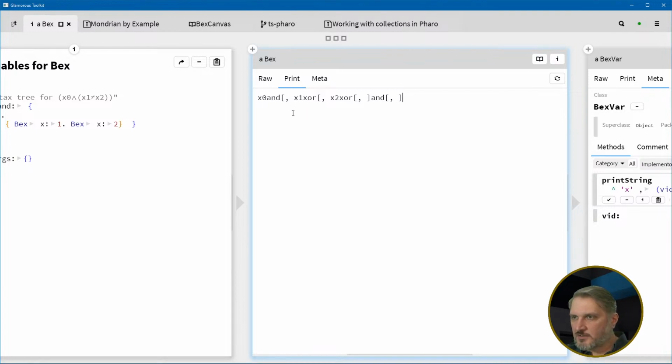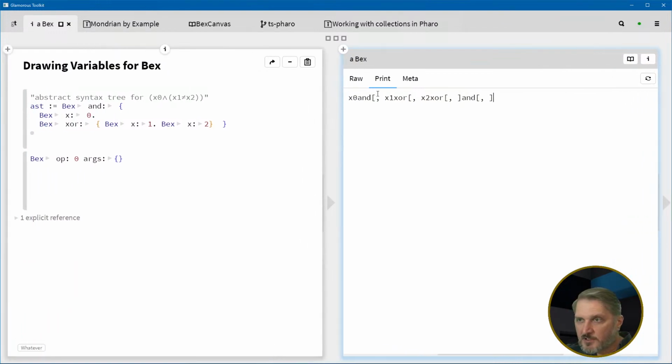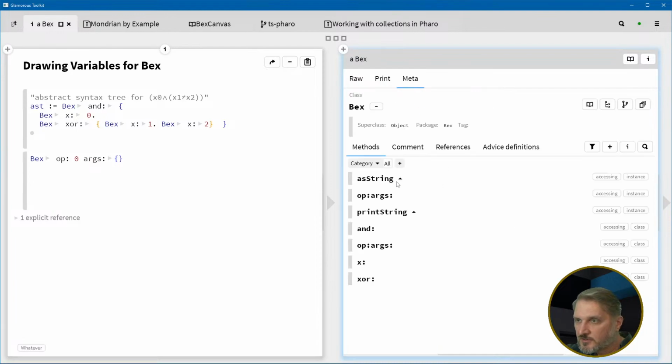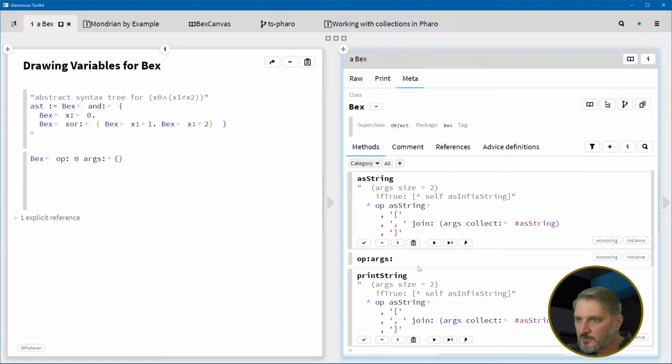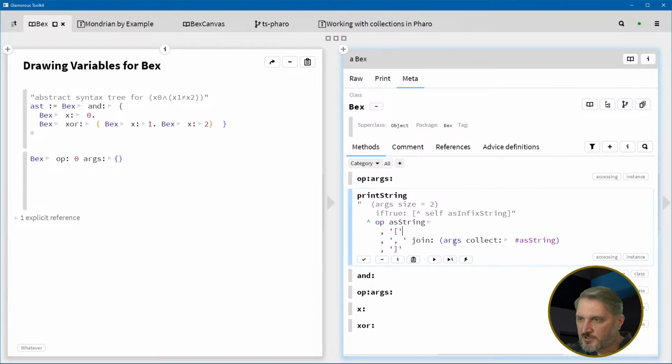That does not seem right. Why is the x0 coming up? Okay, so something's wrong with that function. Oh, I see. It didn't delete that. It just, let's delete this print string. Okay, so